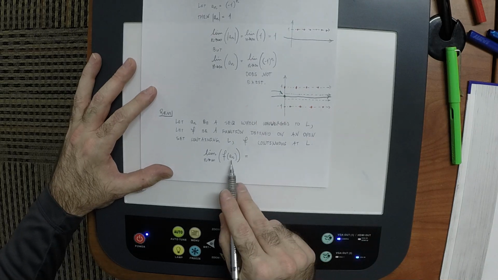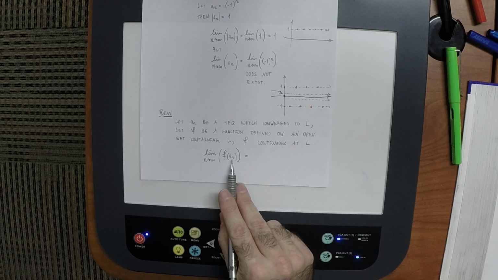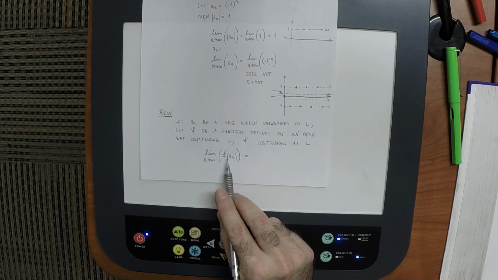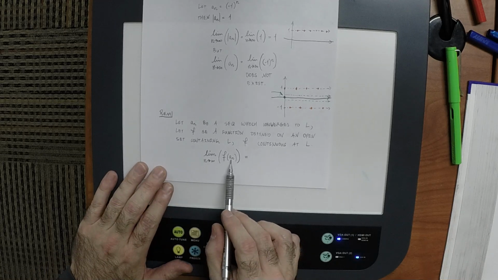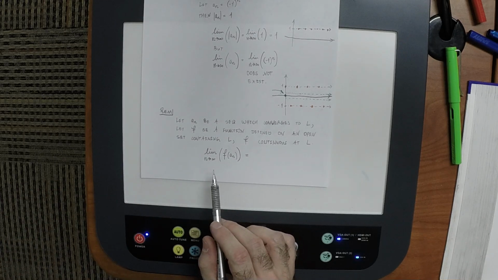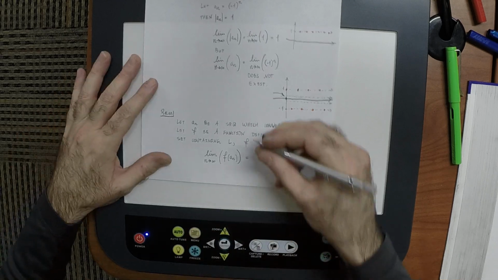So where is a_n going? a_n is going to L, right? a_n is going to L. So where's this going? To f of L. That's what it's saying. So what it's saying is that if the output of the sequence is going to L, then the output of f of that sequence is going to f of L.